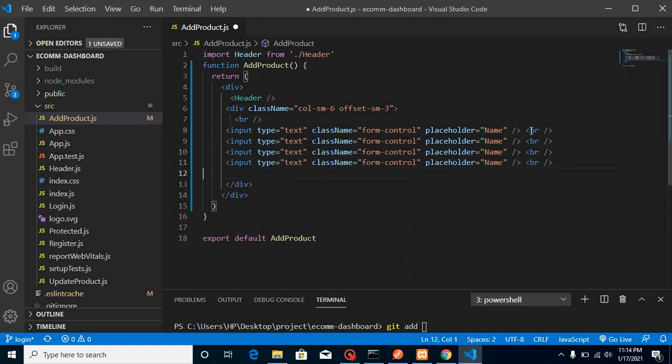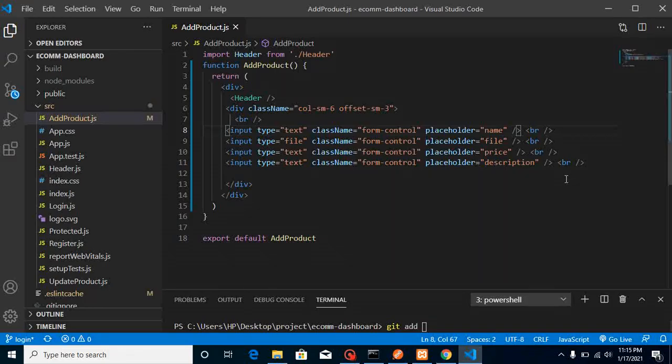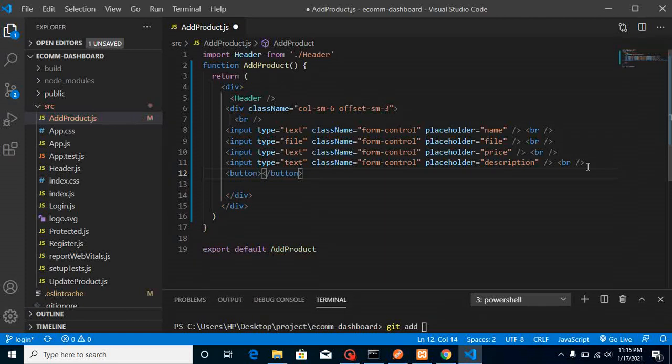And it can be a file, and we can simply put a file here, and after that price, description, and let's make all these texts the same level and make it smaller. Everything is perfect. So now let me add a button also, like this. It's right here,